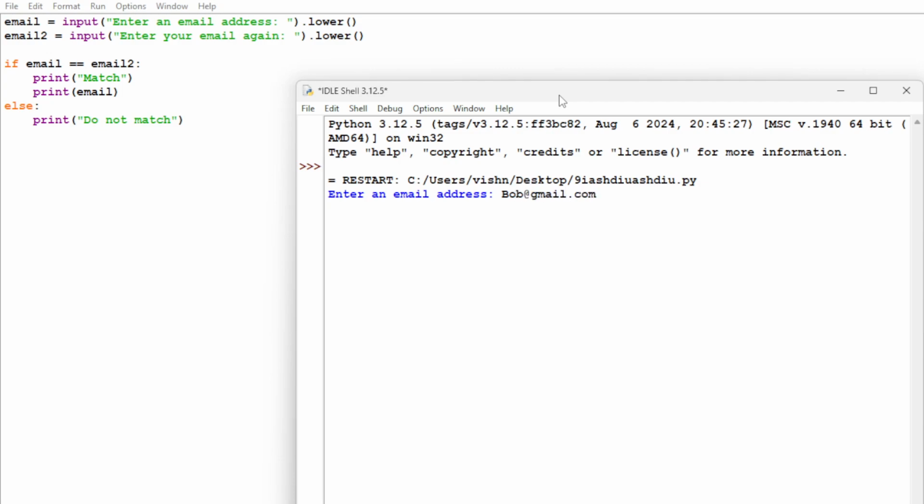bob@gmail.com, and then we say bob@gmail.com. Let's say we forgot a capital. It should say match, yeah. Because it's turned both of them into lowercase, and they both have the same casing and the same characters, they